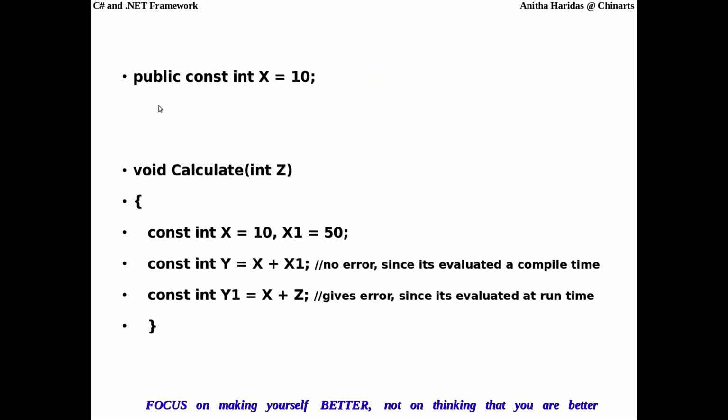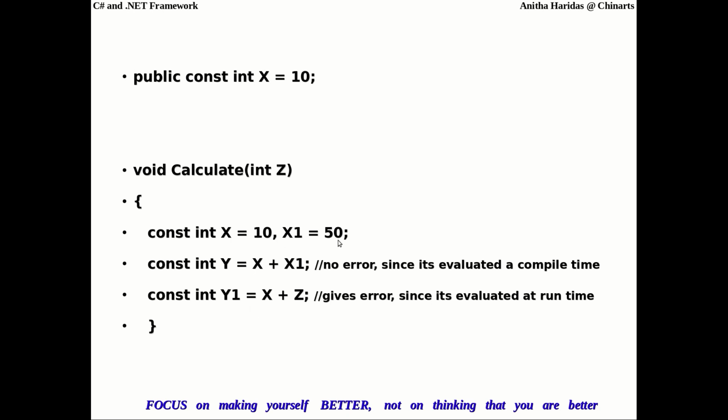This is an example. This is how you will be declaring a constant as you declare in your C++ and Java. Specify the const keyword and the data type and the variable name and assign a value. This is very important. So you declare a variable, then assign value immediately to that particular variable. This is one way of declaring a constant. And here I have shown another example also.